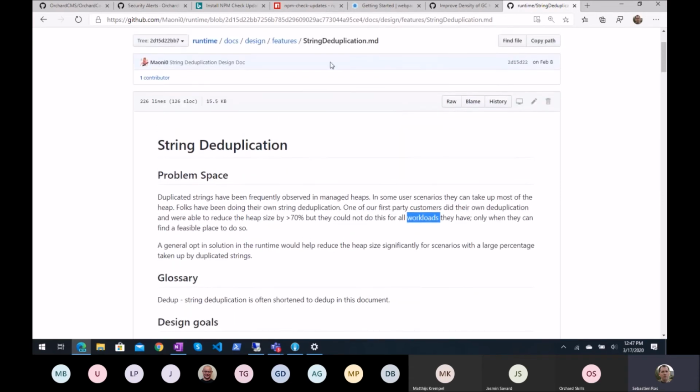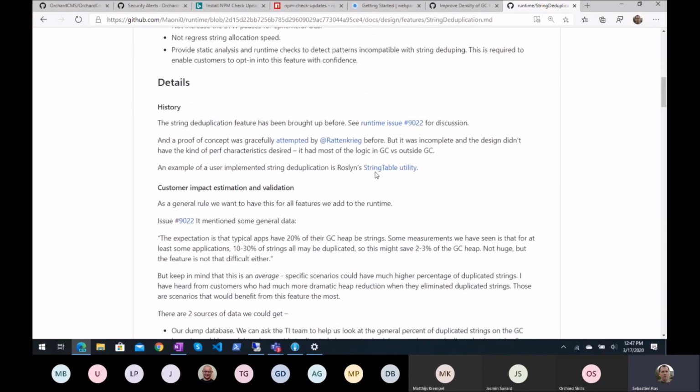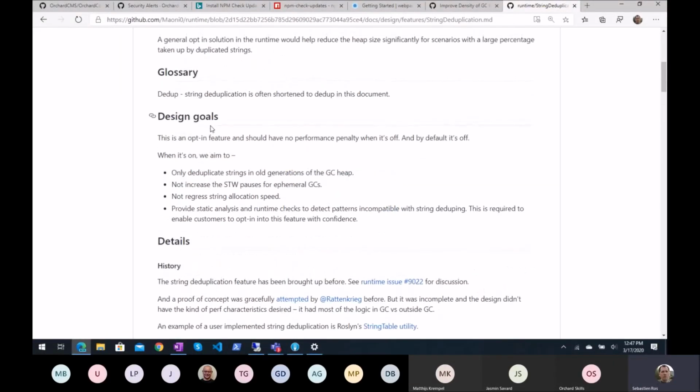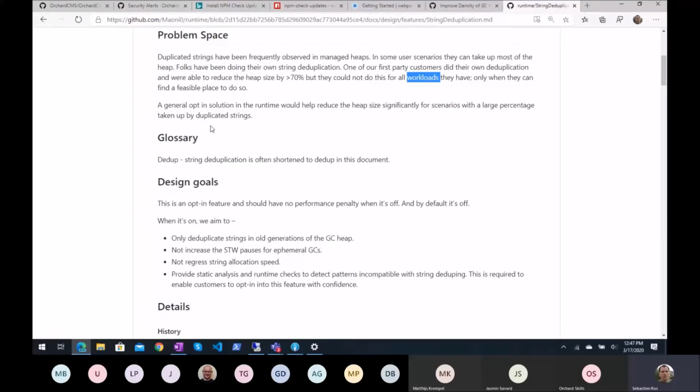So the goal of this design is to create a feature in the GC that will be able to find duplicates of strings in Gen2 and LOH heaps. So strings that are very stable and are not supposed to be released soon. They have been in memory for so long that they are in Gen2 now, and LOH if they are big strings.